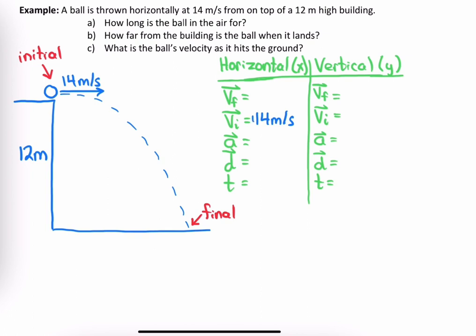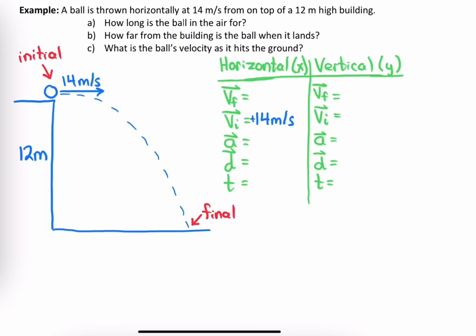And it's going to the right, so it's going to put it as positive. Now, what else do we have here? Well, while we're talking about VI, this is the horizontal component of its velocity at the beginning, but what is the vertical component of its velocity? This tells me how fast the ball is going left-right, but at this moment, how fast is the ball going